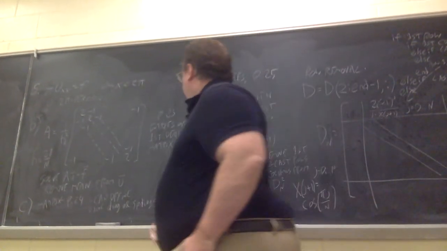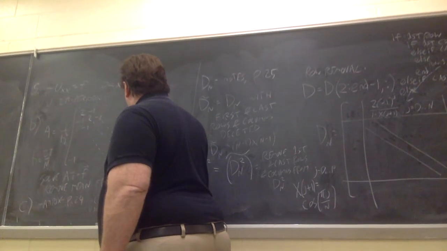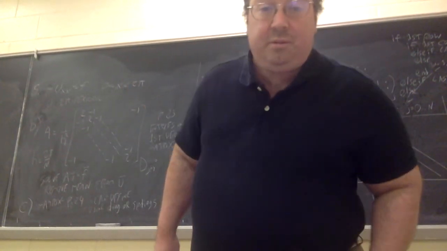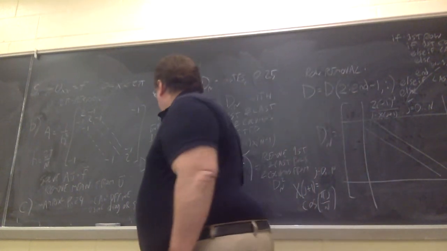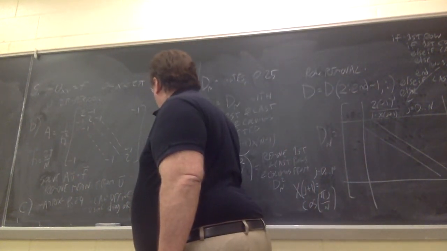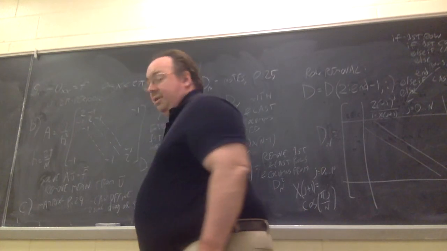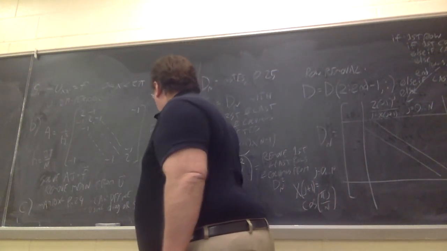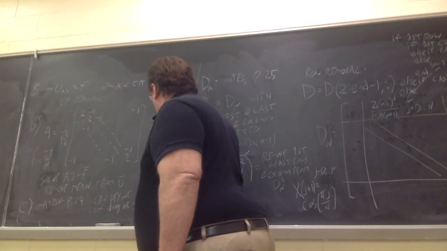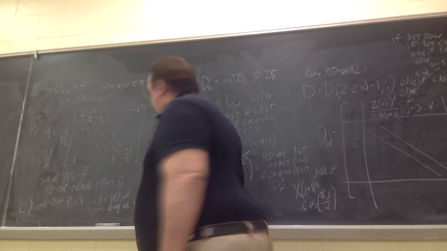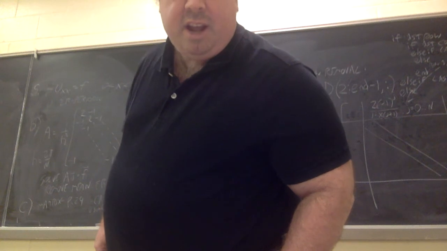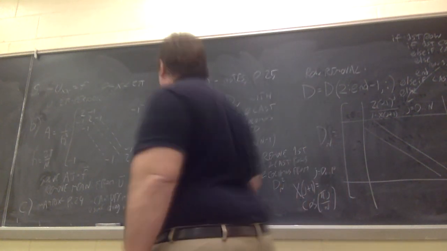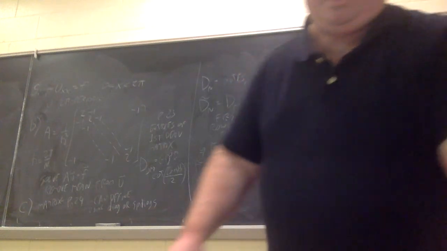So D_jm is equal to minus 1 to the j minus m times cotangent of (j minus m) h over 2, cotangent of that whole thing,